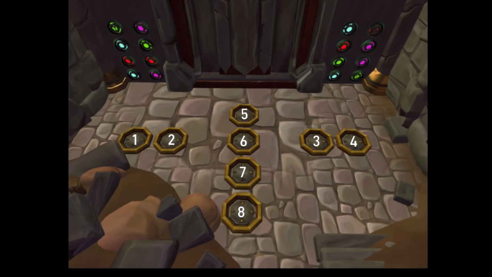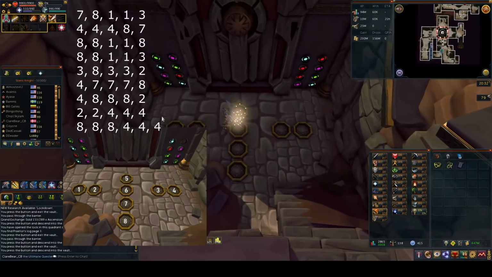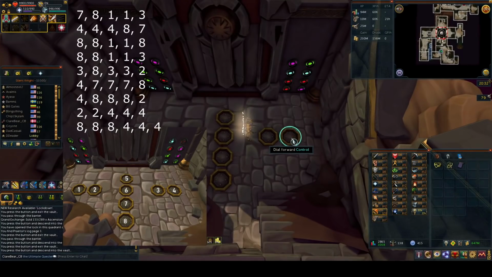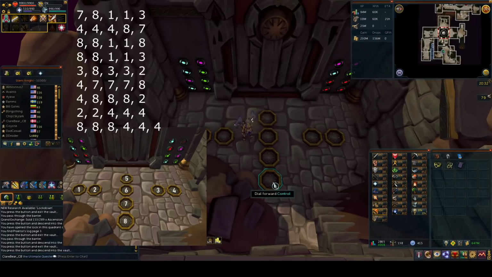So we have 1 to 4 from left to right and 5 to 8 from north to south. So start with number 7, and then 8, then 1, 1, then 3, then 4, 4, 4 again, 8, 7, and 8, 8, 1, 1, 8, 8, 8, 1, 1, 3,